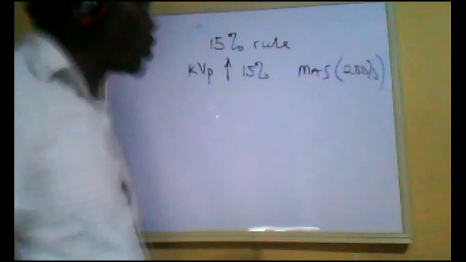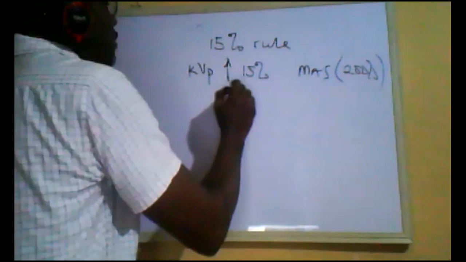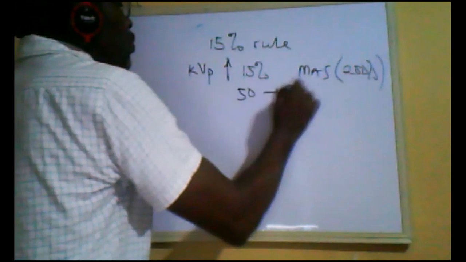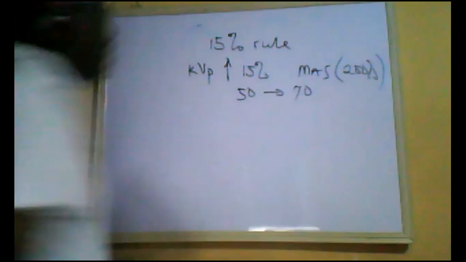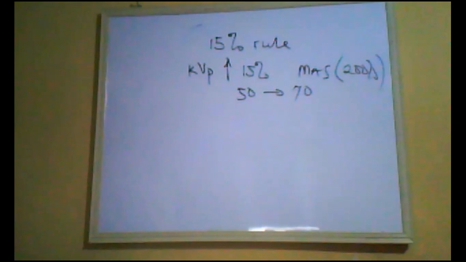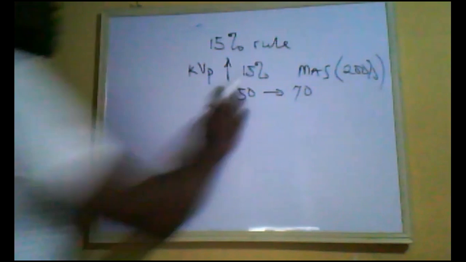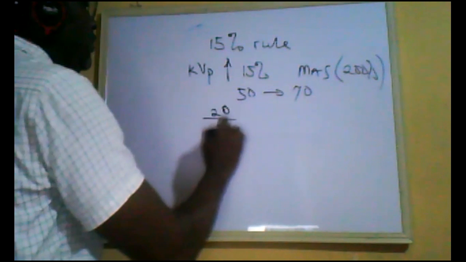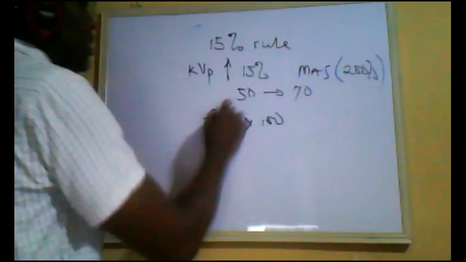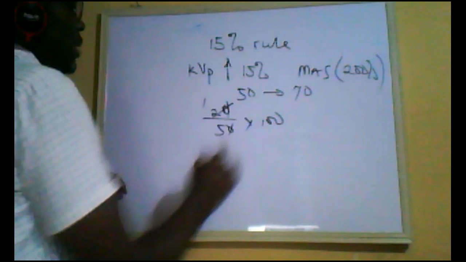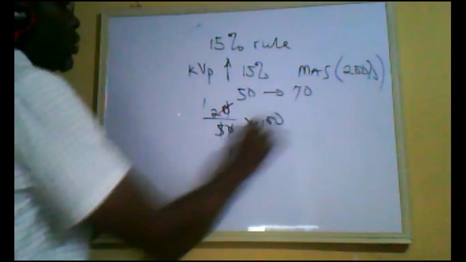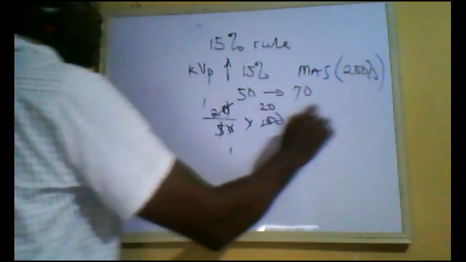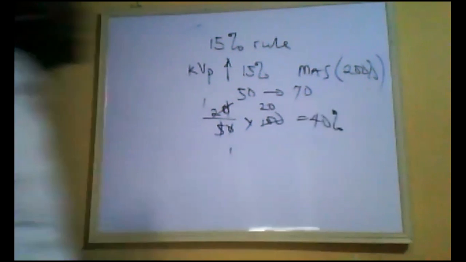So in our case, we were asked from 50 to 70. What percentage increase is this? 70 minus 50 is 20, over the initial, which is 50, multiplied by 100. It's about 40%